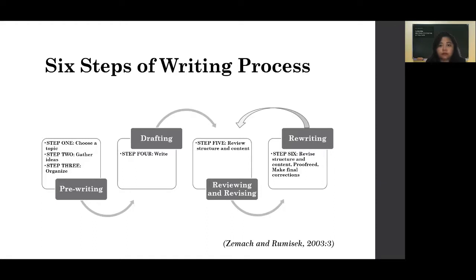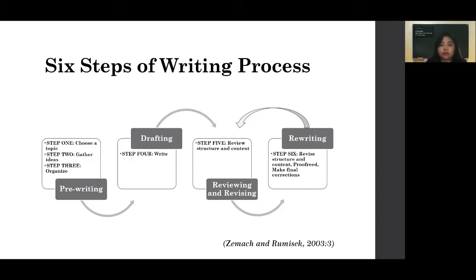Do the same thing. Cross it, circle it, underline it. You can do whatever to your writing, and then once again revise it. Edit it.